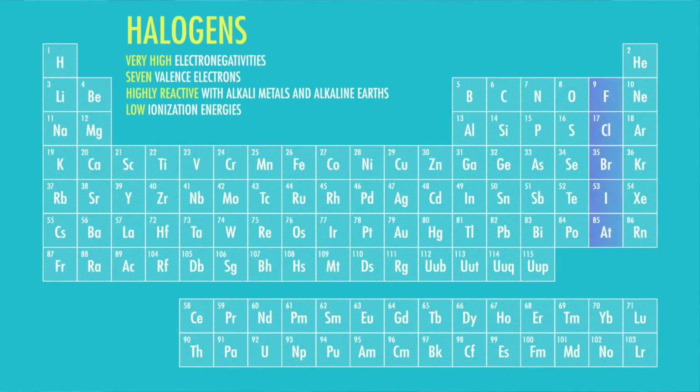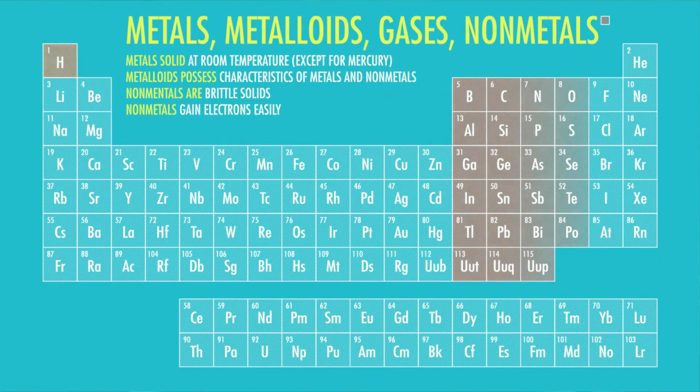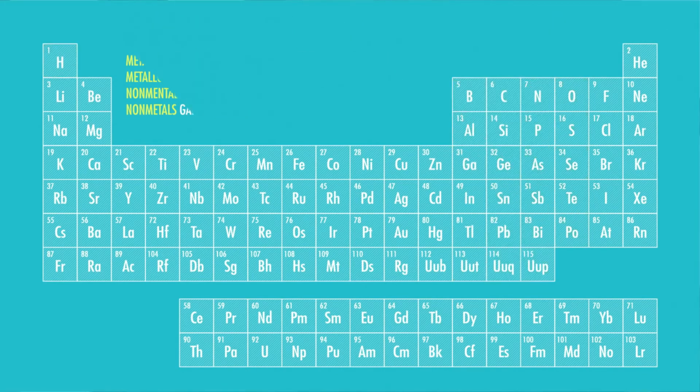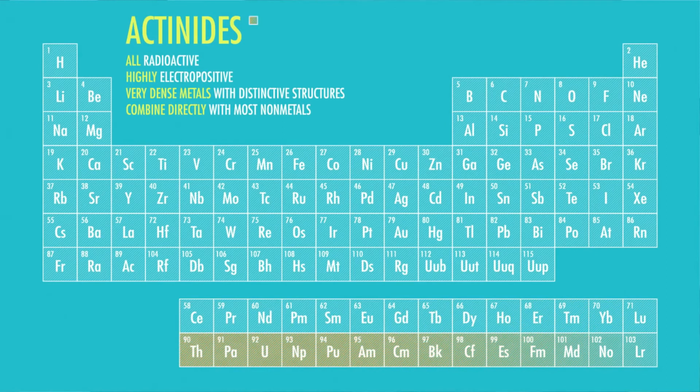Then the column just next to the noble gases contains the halogens, which are highly reactive nonmetals containing 7 valence electrons, and they love to react with alkali and alkaline earth metals. Then the rectangle between the transition metals and the halogens contains a set of metals, metalloids and nonmetals. These are generally a bit less reactive lot. Down below on their own little island are the lanthanides and the actinides, metals that were largely undiscovered during the